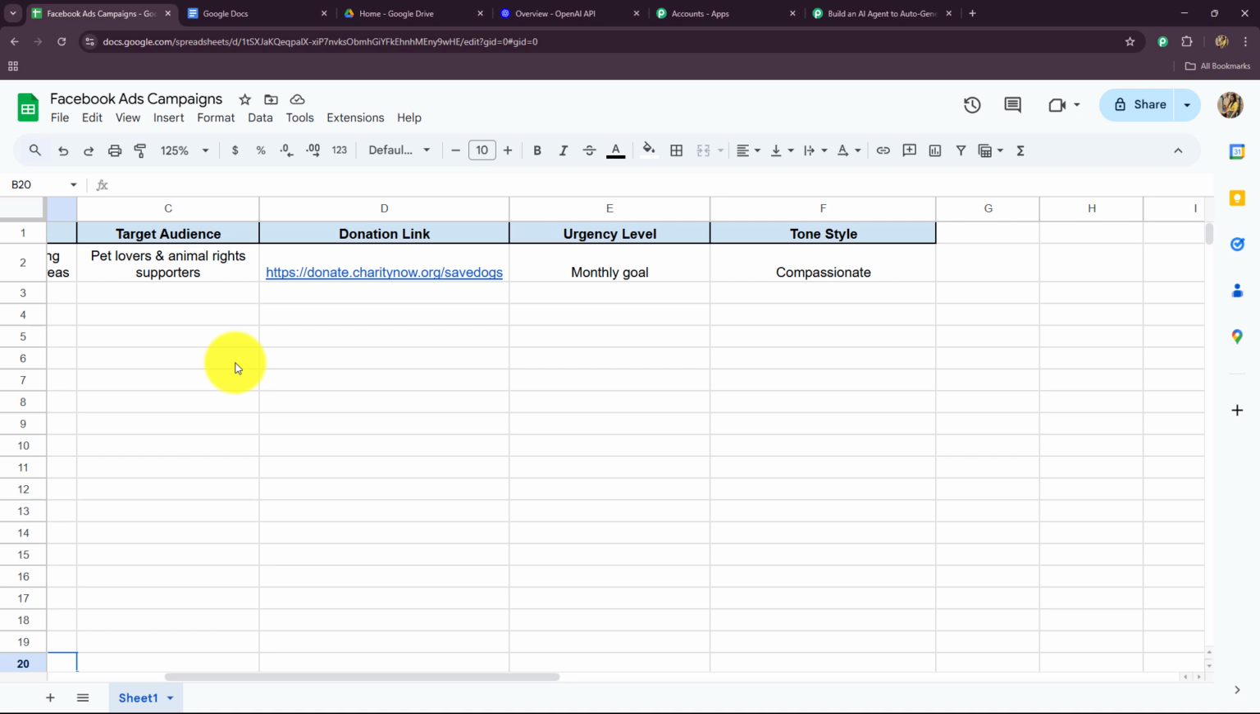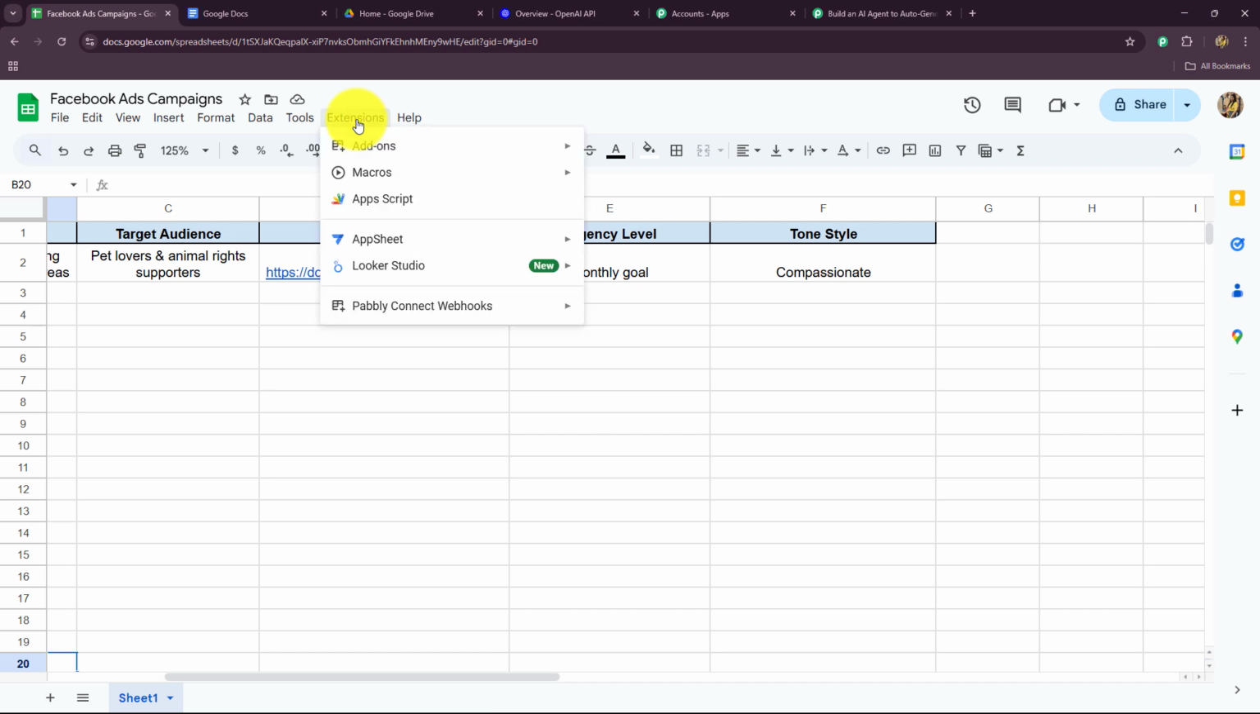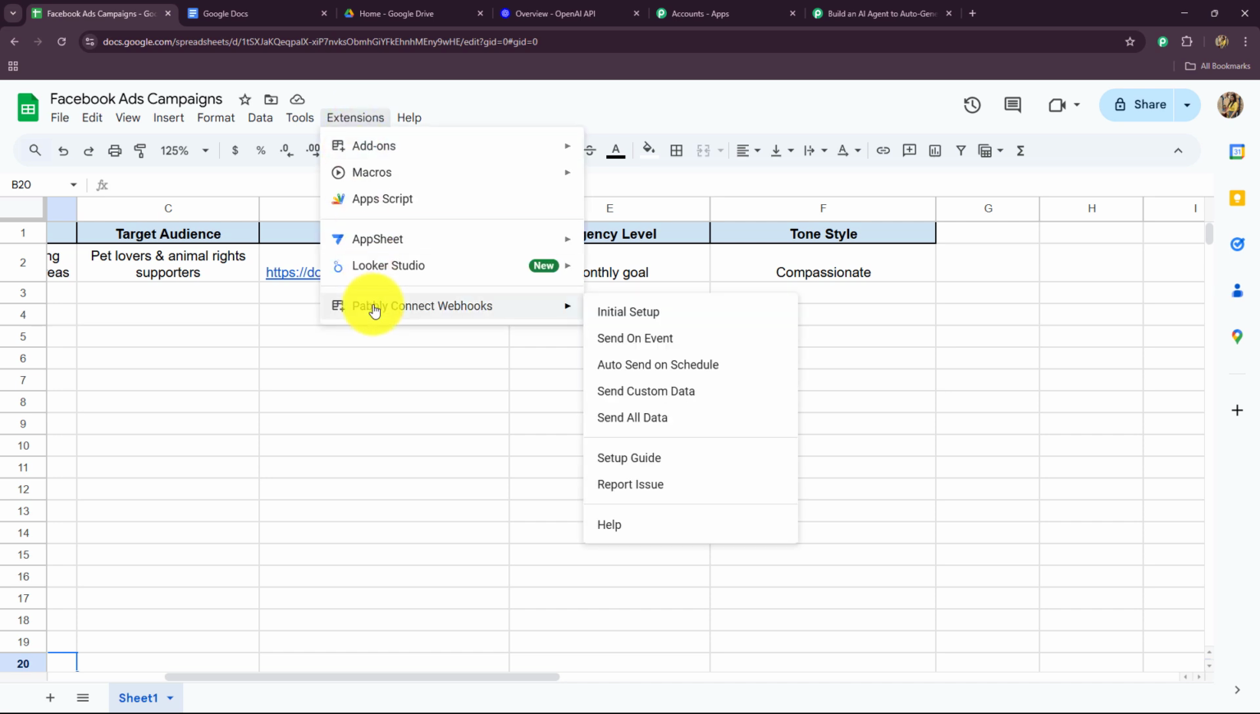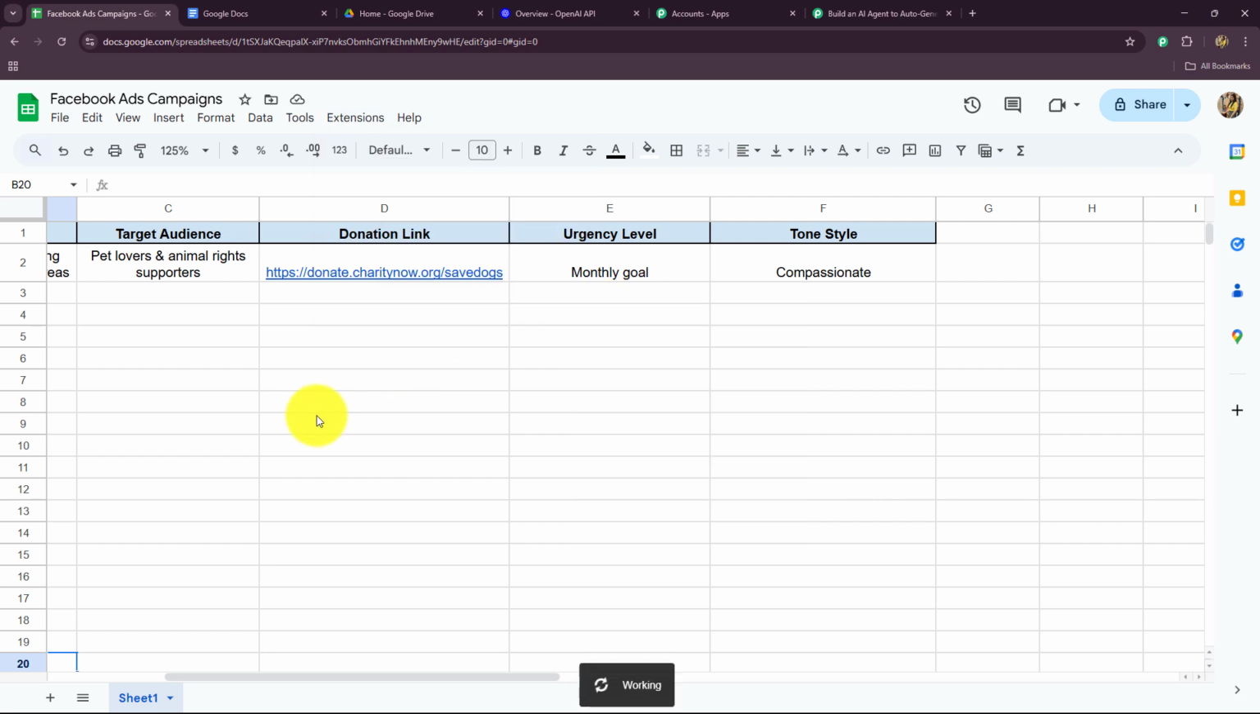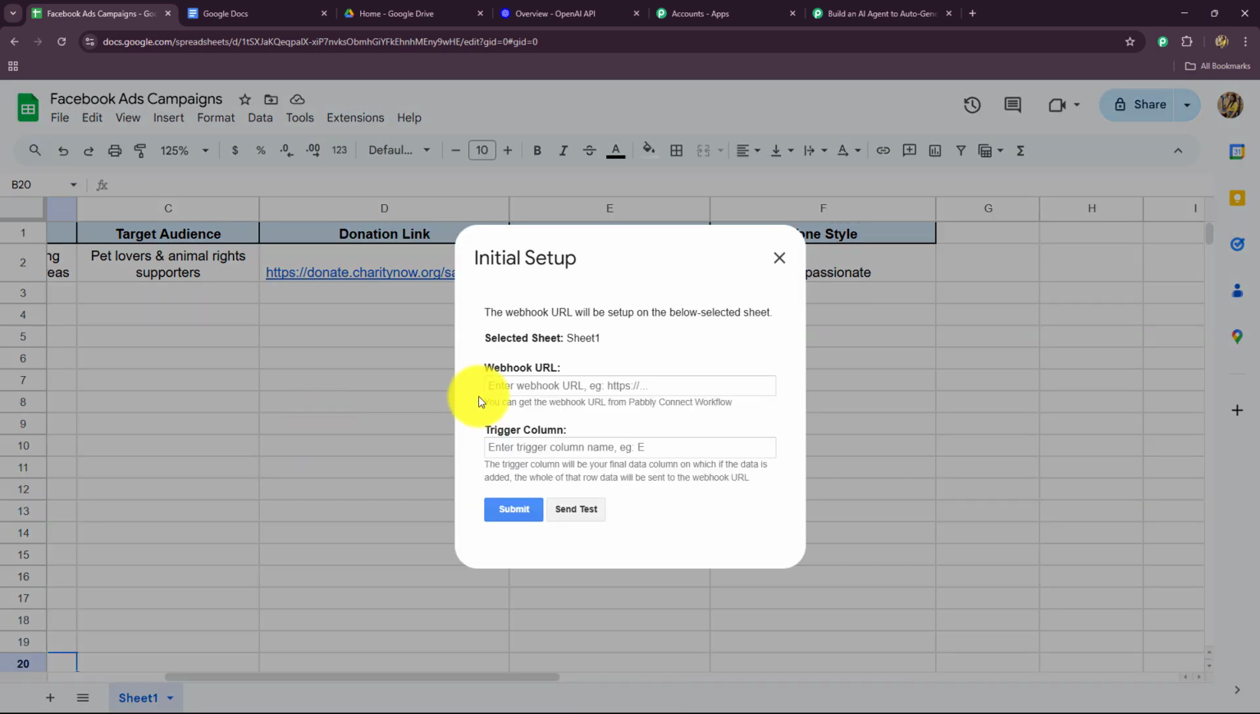But if you are installing the add-on for the very first time, you also have to keep in mind that you need to refresh the spreadsheet once. Then only you will be able to see the option of Pabbly Connect Webhooks under extension. As I can see the option, let's go towards initial setup. As we need to do an initial setup in which we have to enter certain details, webhook URL and the trigger column. So first of all, let's quickly paste the webhook URL which we have copied from Pabbly Connect,